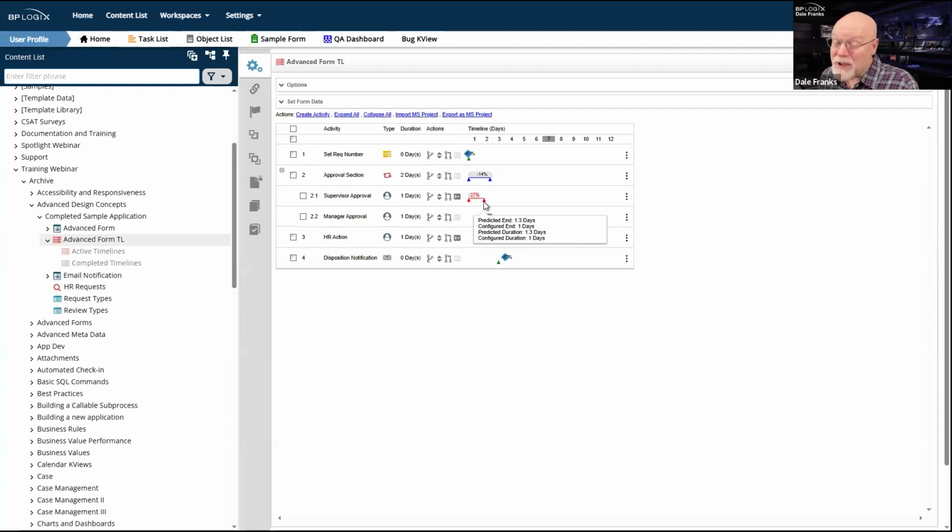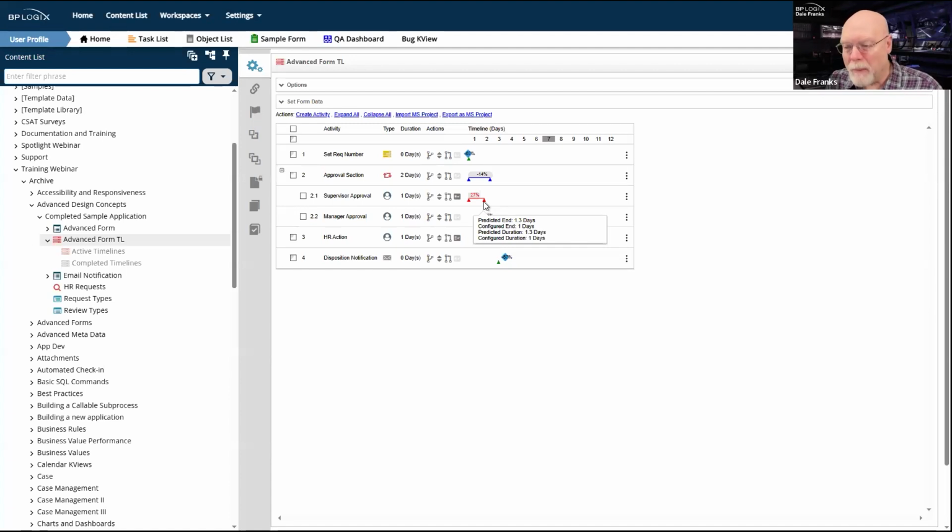Now, what that means is, of course, about half of my submissions are taking less than 1.3 days, but half of them are taking more than 1.3 days. Remember, this is just the average completion time. And I'll say half and half using average, which I think is a close enough approximation. So this is not going the way that I want it to go. On average, it's 27% slower, which means approximately half of my participation times in this particular activity are going longer than 1.3 days.